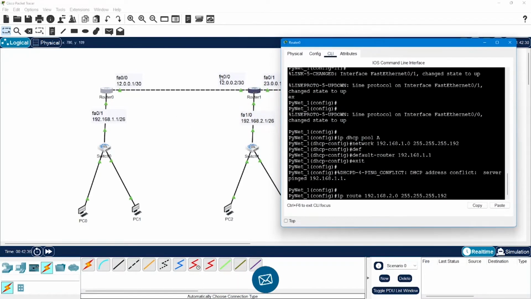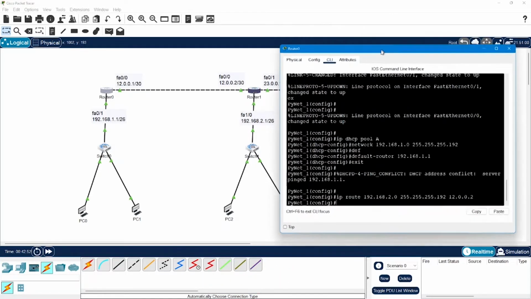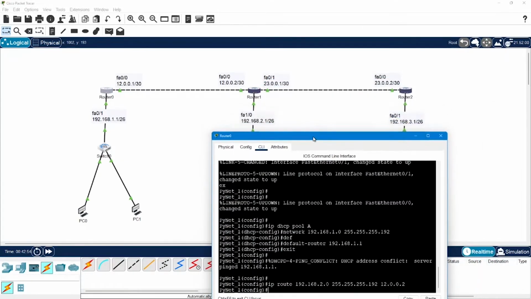It is FA00 of router number 2, which is 12.0.0.2, right? So I'll put the same IP address here. I'll say 12.0.0.2 is the IP which can be used to reach 192.168.2.0. Enter. Then the next route which I need to add on to the routing table of R1 is 192.168.3.0